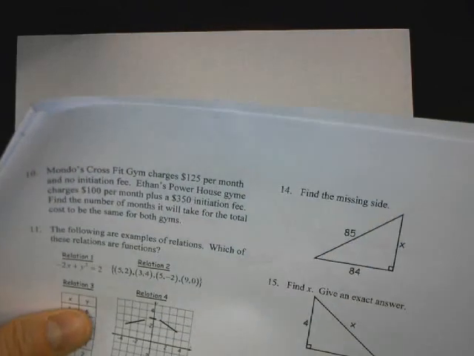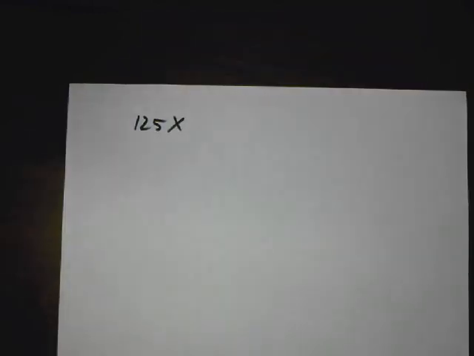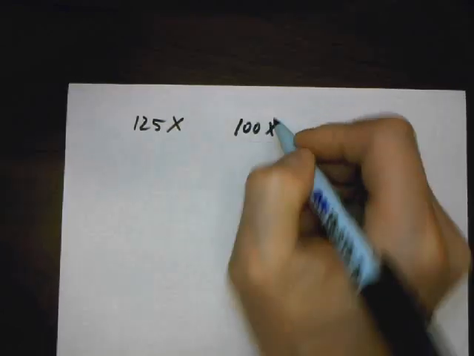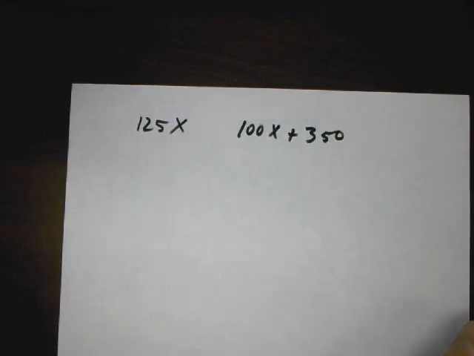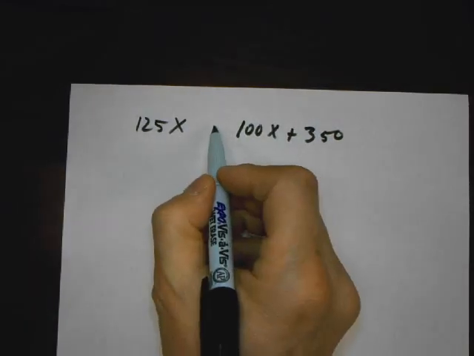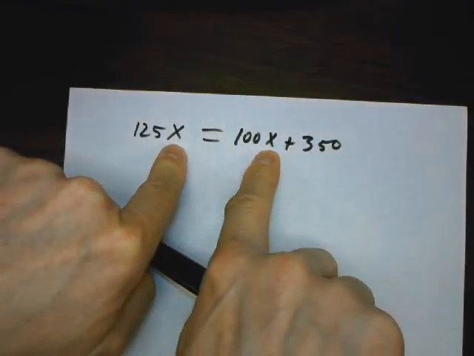Number 10. It says Mondo's CrossFit Gym charges $125 per month, no initiation. That looks like this, $125 times every month. Ethan's Powerhouse charges $100 per month. That's 100 times each month, plus a one-time initiation fee, or a y-intercept, of $350. When are they the same? So write them equal to each other, and we'll figure out when,